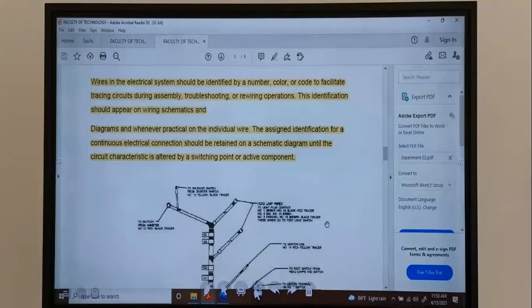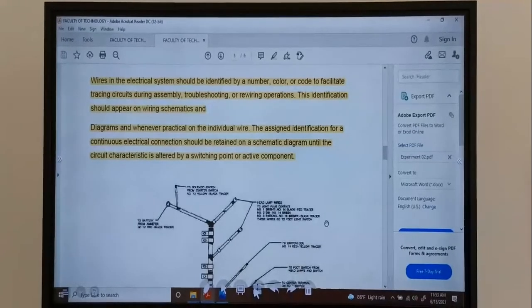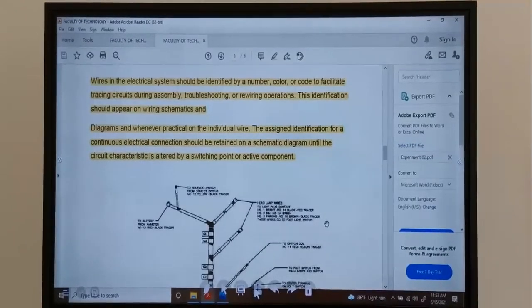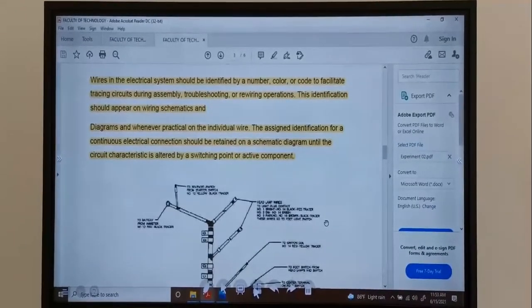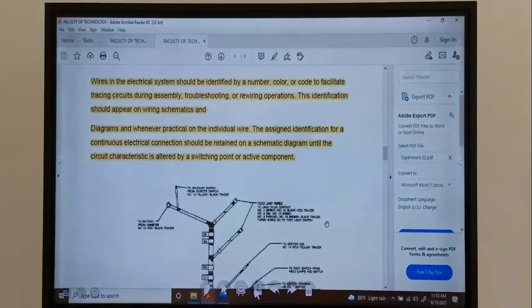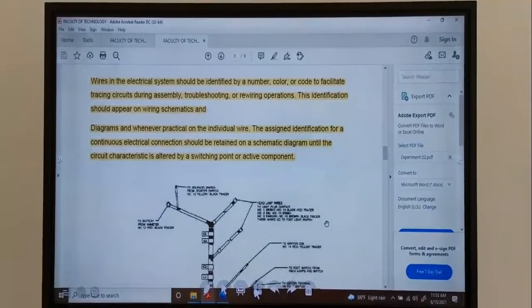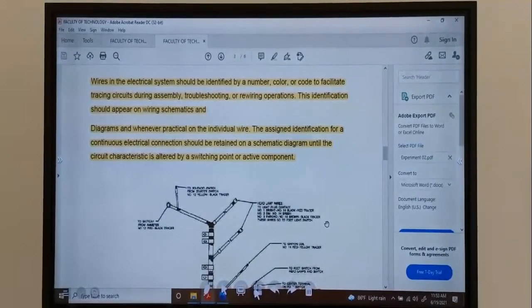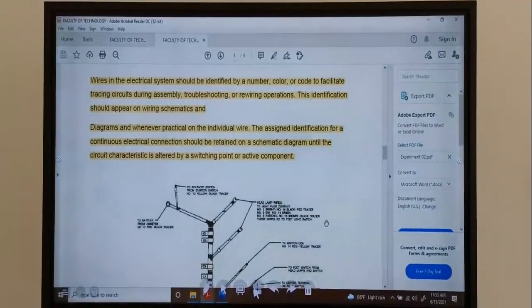Moreover, some diagrams are given by the manufacturer, especially for the fuses. In the fuse box, you can remove the box cap and see the whole fuse diagram. So we can easily identify where the brake light fuse is, where everything is. So the schematic diagram is very important in the vehicle to identify any electrical connections.